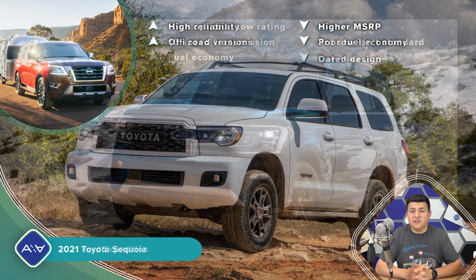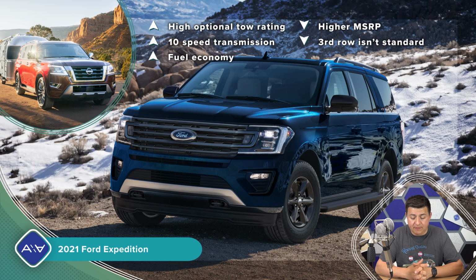Next up, we have the Ford Expedition. For the moment, this is the towing champ in the segment with up to 9,300 pounds of towing ability. But there's a catch. The standard tow rating is 6,600 pounds. You do have to check an option box for that. And the Expedition can get fairly expensive. It's already going to start more than the Armada at